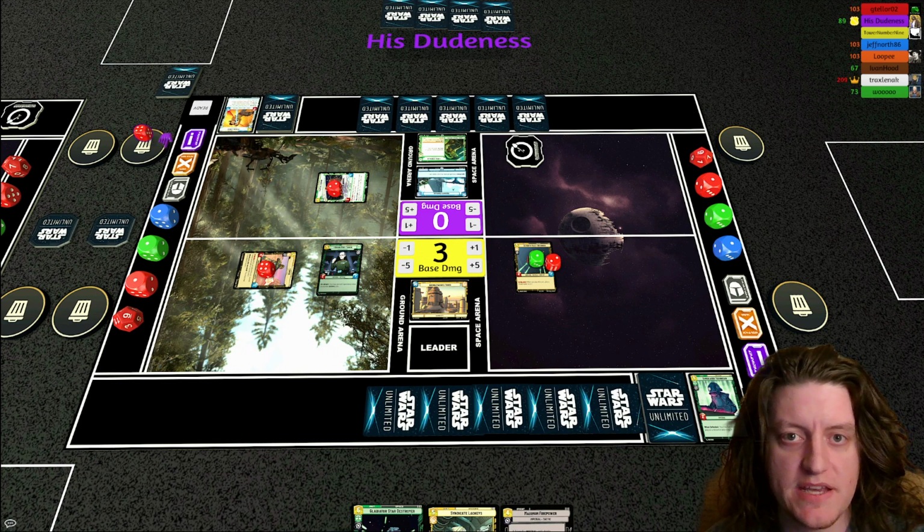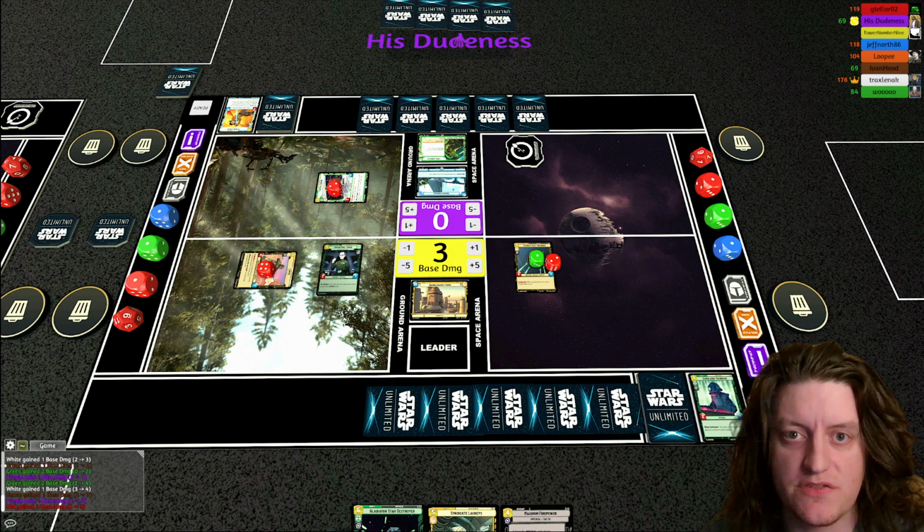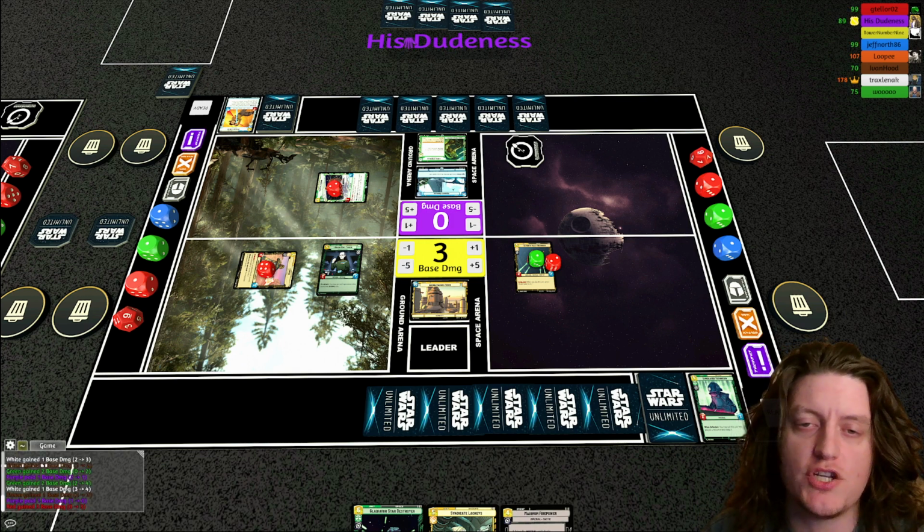And so Bosk is now on the field. Tarkin will be able to kill Akbar and buff the defender if my opponent doesn't remove the defender immediately. There is a chance that my opponent will have some removal there. He hasn't played any